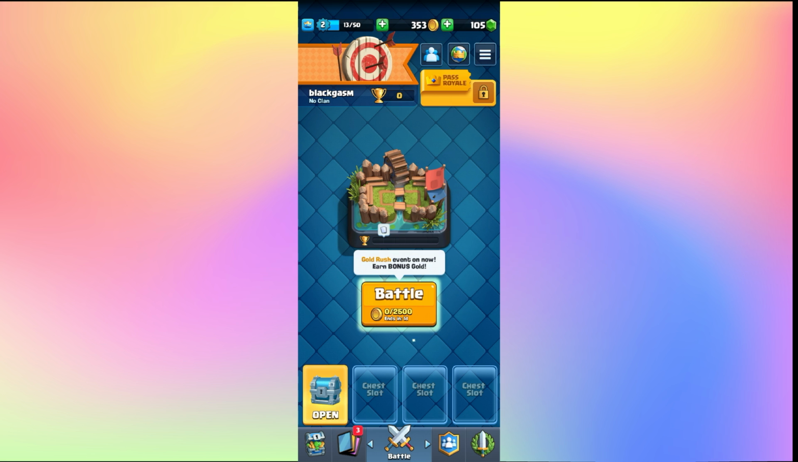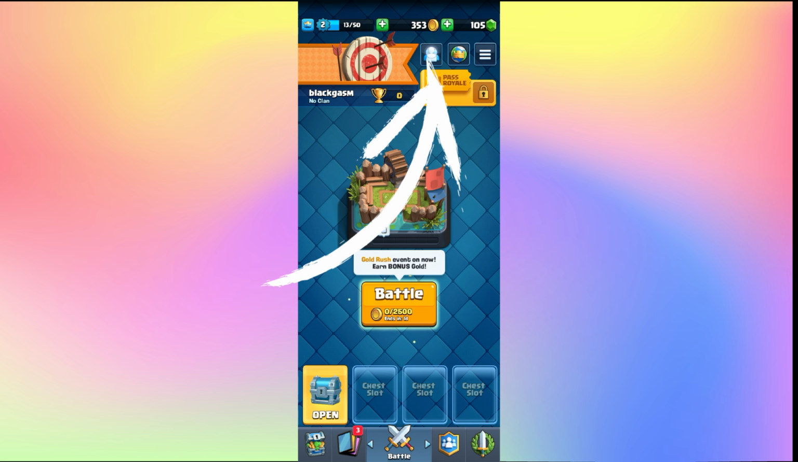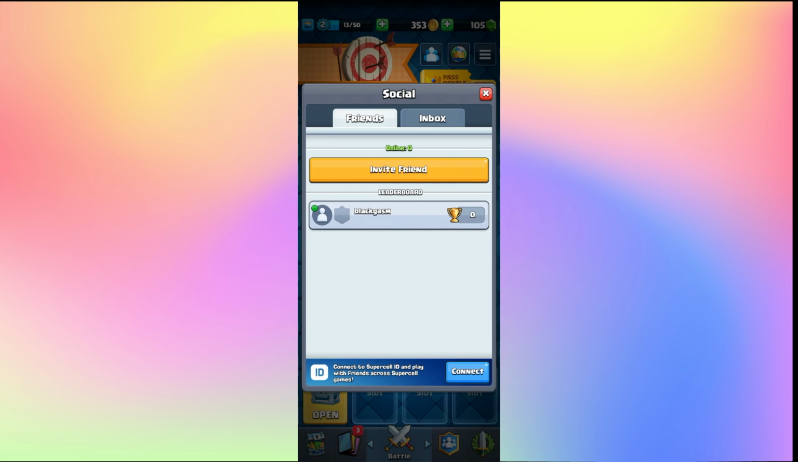First of all, just open up the Clash Royale game and then wait for the game to load. Once the game is loaded, you will be taken into your home screen. Now from the home screen, just tap on the Friends tab at the top section and then you will find